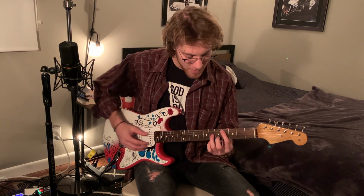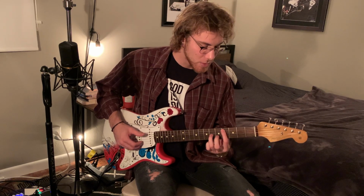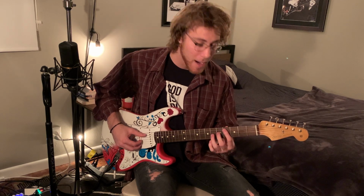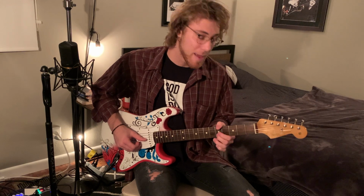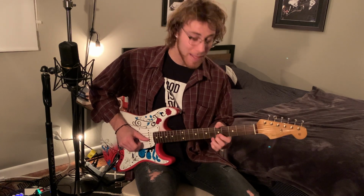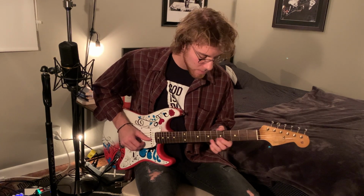So the next thing is to add the melody. So the way I played this is we have our octaves. So we'll have the C sharp on the 4th fret of the 5th string, and then the C sharp on the 6th fret of the 3rd string to get that octave. So then from there, we're going to play those 2, and then play the E on the 5th fret of the 2nd string, and then slide that E